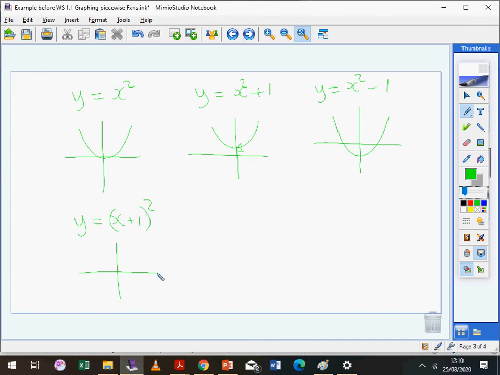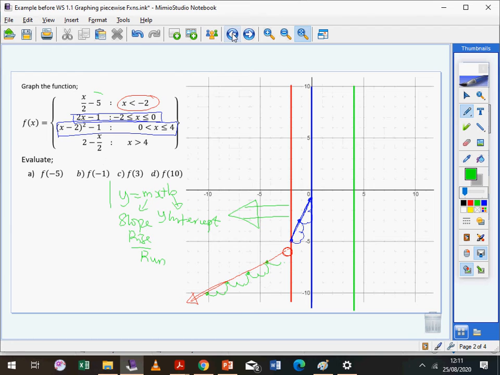So instead of having started here, if it was just x squared, it will this time start here at the point -1. I hope you remember this. It's just a small reminder. And if it was x minus 1, it would be shifted 1 unit to the right, which would start here at 1. So with that in mind, again, I can either graph it like that, or I can just simply